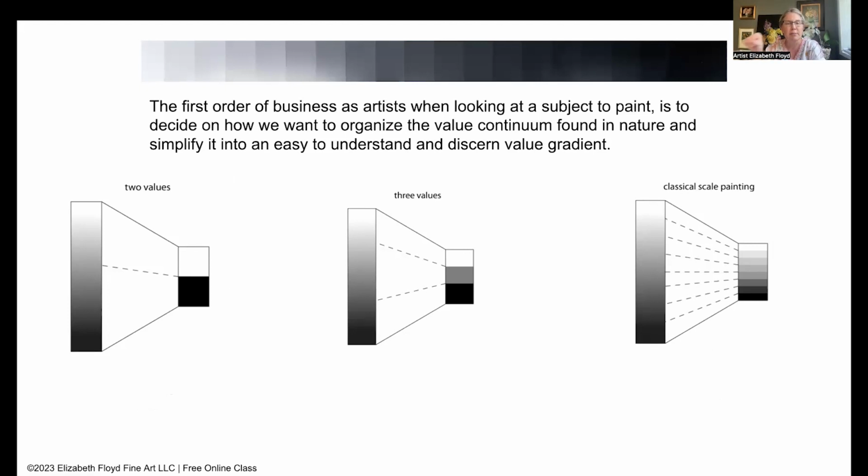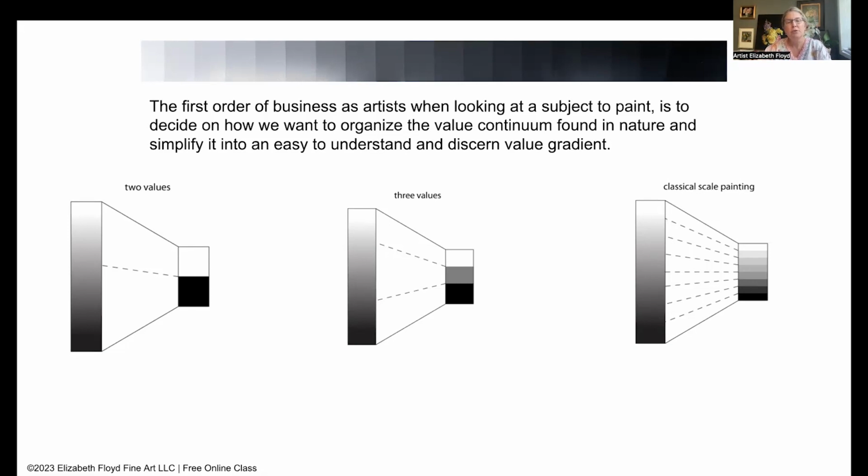found in nature, and then simplify it so it's easier to understand. And so that's like your value gradient. The easiest that we can start off with is a two value gradient, where our lights automatically are white and our darks are just black. Think of something very graphic, like a black and white wood block: that value gradient is two values,